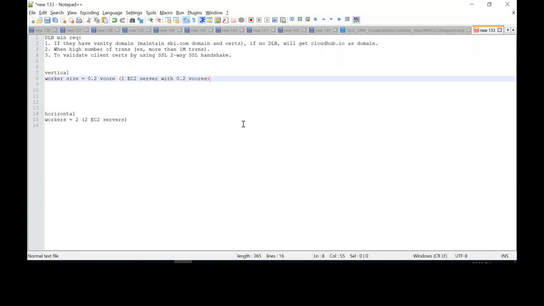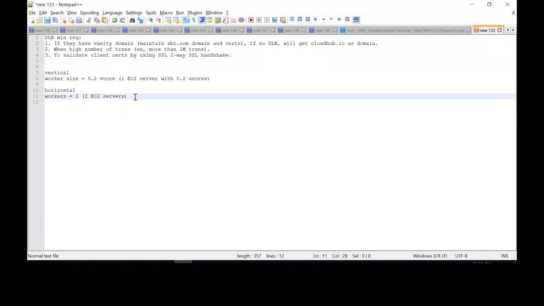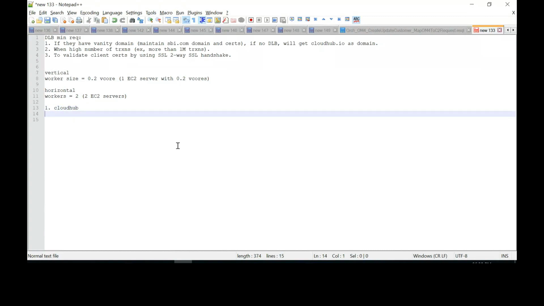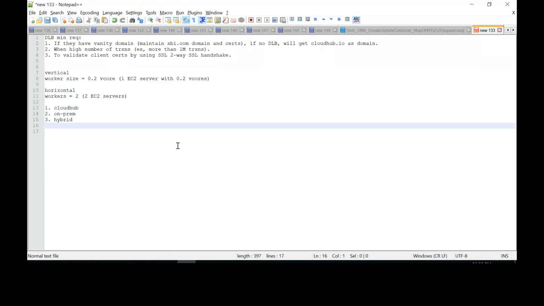Now we'll talk about the deployment model. The different options that you have are, first, all on cloud: all your applications will be deployed on the cloud. Second, all your applications will be running on on-prem systems. And the third one is a hybrid model. On-prem, everything on-prem. Great. So in our case, maybe it'd be better to go for on-prem.